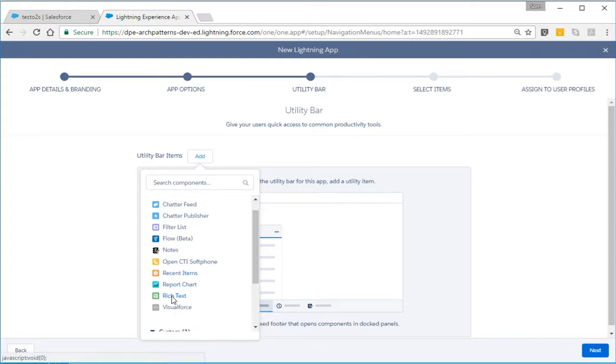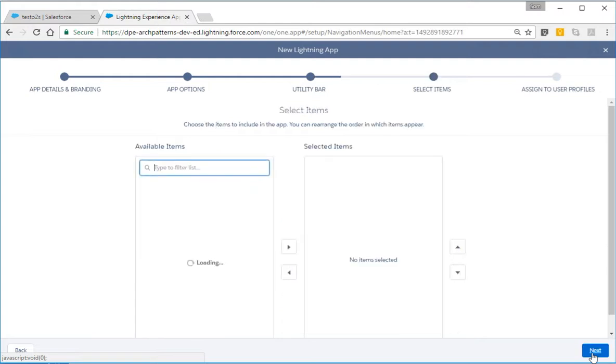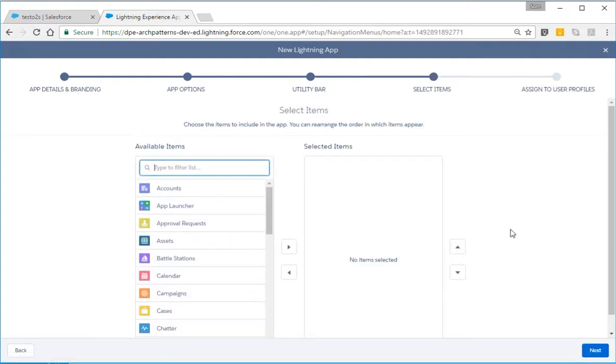Okay, select items. What is this one? Choose the items to include in the app. You can rearrange. Cases, files. Because you are technical, I just add the files so that you will see what it does,